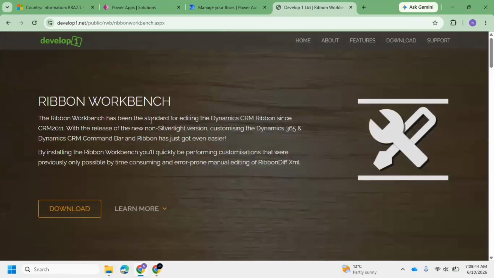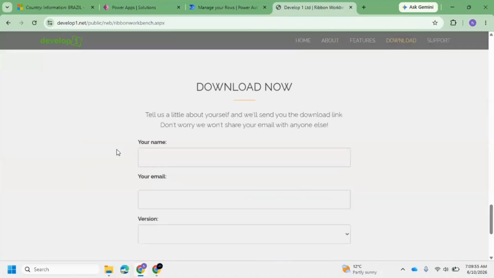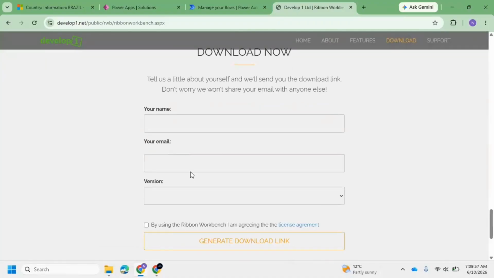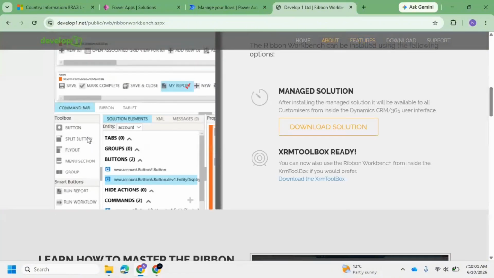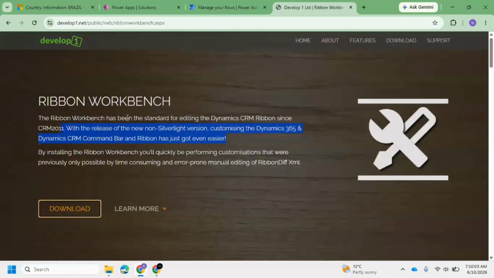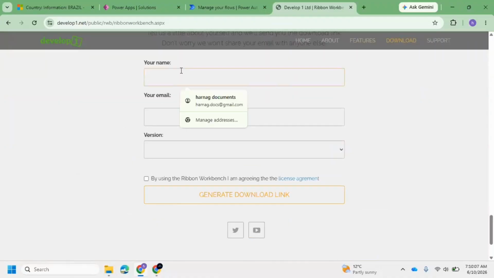Ribbon Workbench has been the standard editing tool for the Dynamics ribbon since 2011. It asks for download, so it will ask you to give your details. The ribbon tool, whatever tool I'm saying, to edit the buttons and everything, this Ribbon Workbench will come to your email. For that, you have to give your